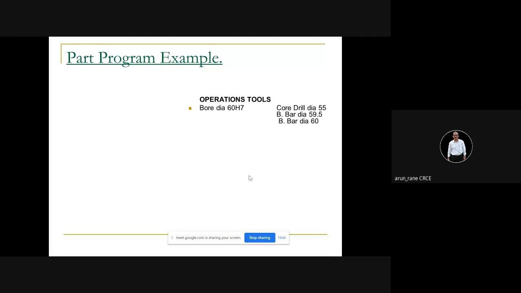So what do you mean by hole base system and what do you mean by shaft based system? When it is a hole base system, you are keeping the dimensions of the hole the same, and you are changing the dimensions of the shaft. That is your hole base system. That means say H7. On 60 size, if you go to the design data book, you will get the tolerance of 25 microns, on the positive side, on the plus side only. That is unilateral. So 60 will be 60 plus 0.025. That is 25 microns. So H7 is always unilateral on the plus side.